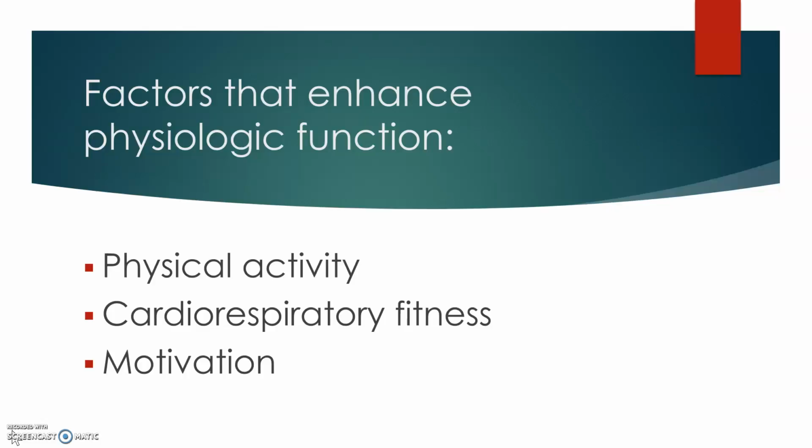Stroke volume is the amount of blood ejected from the heart with each beat. Heart rate times stroke volume equals cardiac output. As heart rate and stroke volume rise, cardiac output rises as well. Blood flow goes through the circulatory system during exercise. Increased blood flow promotes body temperature maintenance, blood flow to working muscles, blood flow in active circulation, and a preservation